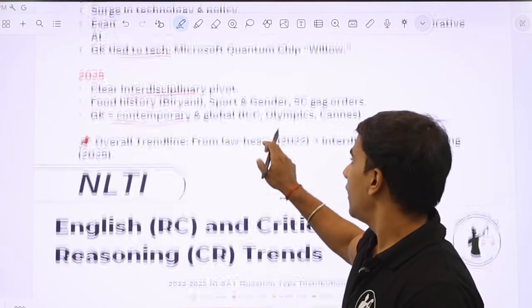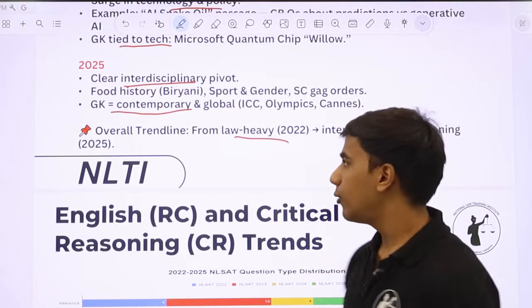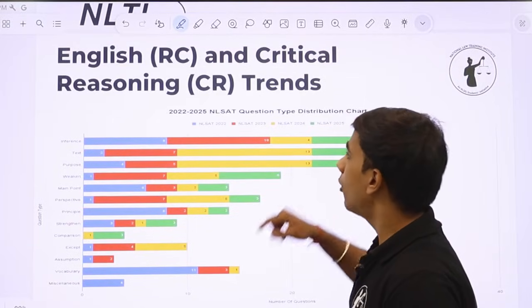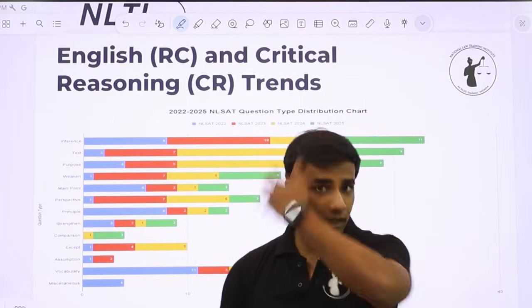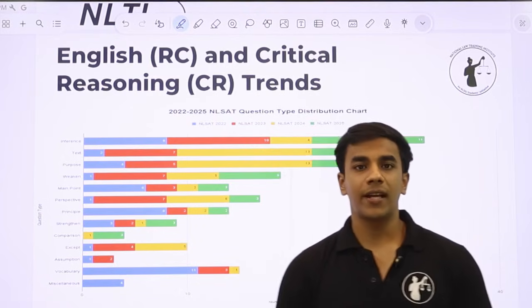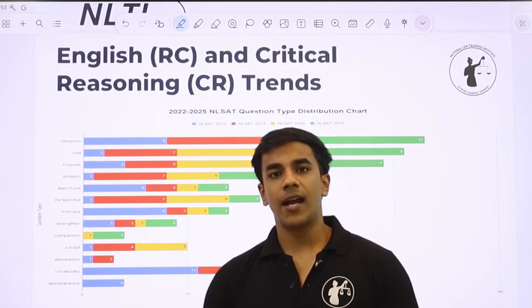ओवरऑल ट्रेंड लाइन यही रहेगी कि लॉ हैवी 22 से इंटरडिसिप्लिनरी रीजनिंग हो गई है इन NLSAT 25, and this will be the same in NLSAT 26 as well. Now this is the brilliant work that has been done by our team, and this is a very important slide for you to know what to expect in NLSAT 26 and what has been the case from NLSAT 22 to